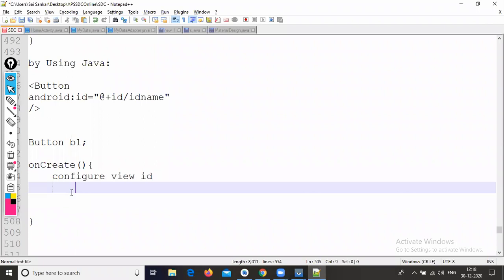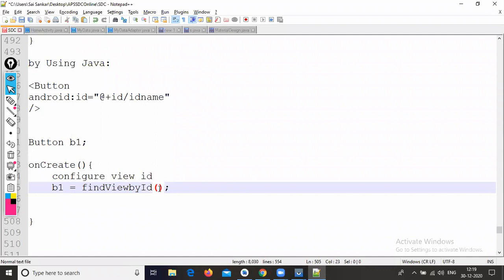So like this, b1 equal to findViewById. This findViewById is a method. Why? Because after writing this statement, we are ending with this parenthesis, and when you use parenthesis, it indicates a method.